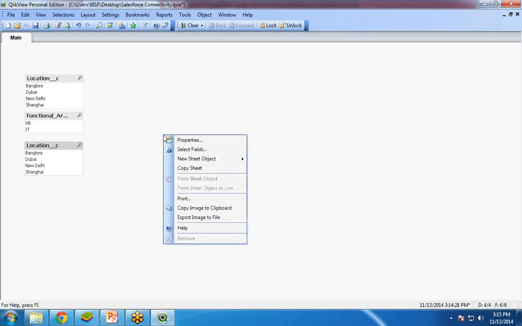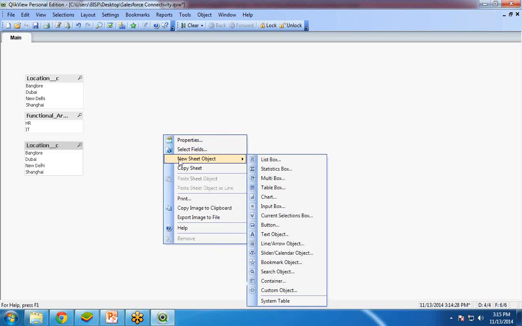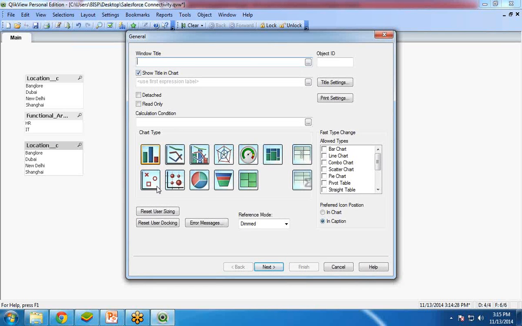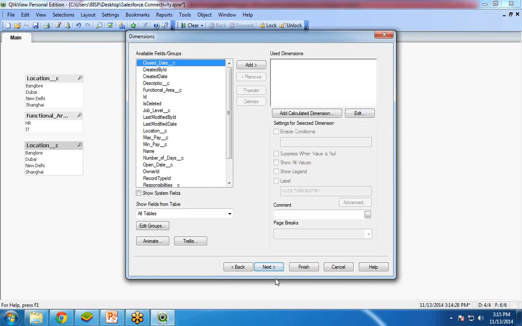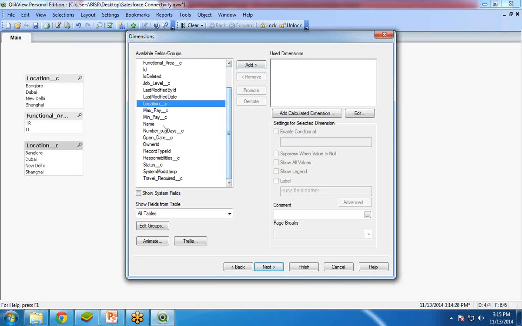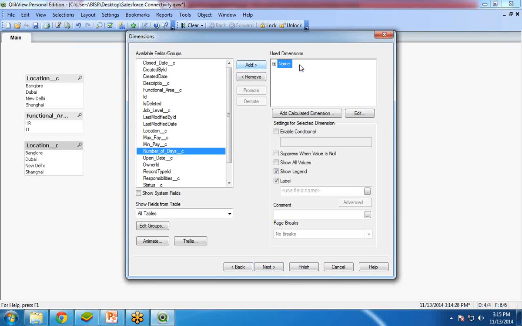Now I would like to create a chart. Again I right-click on the blank area on the sheet and click on Chart. From here I select the bar chart and click on Next. Now I would like to show the sum of maximum pay, name-wise. I select the name as a dimension and click on Add.